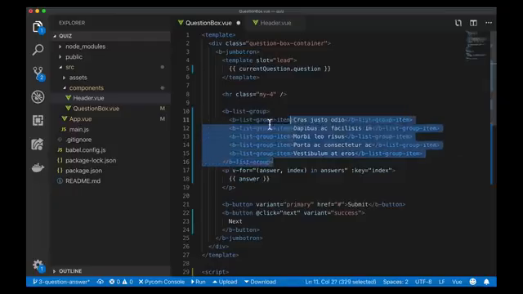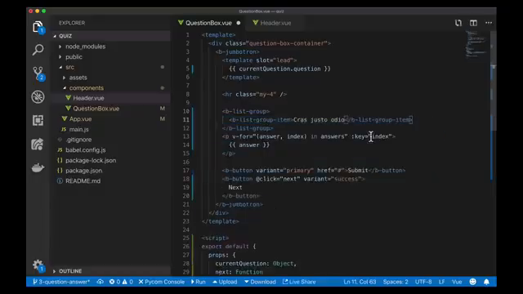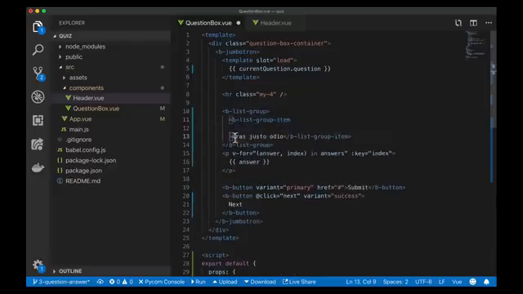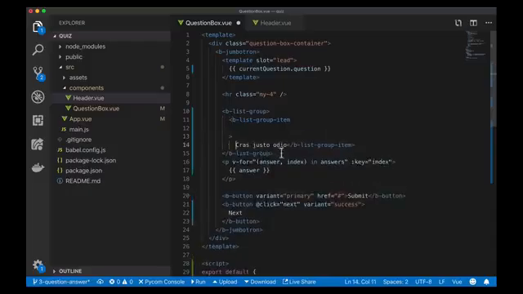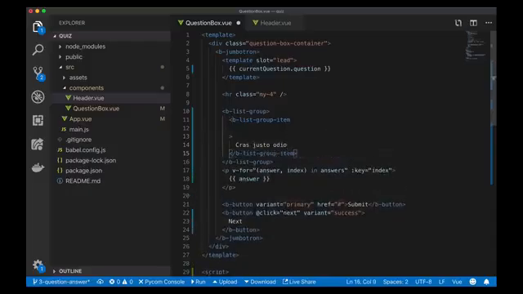These, tab them over, and I'll get rid of all except one. Now I want the list group on the outside, and I want to loop through and make a bunch of these items. I'm going to put this on another line, put this over, format it nice, and now I can copy paste